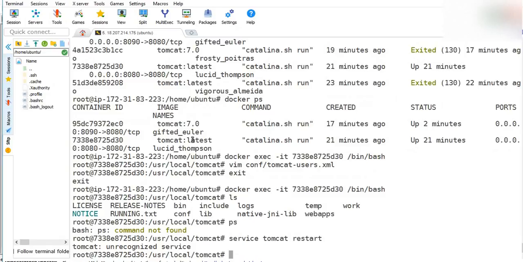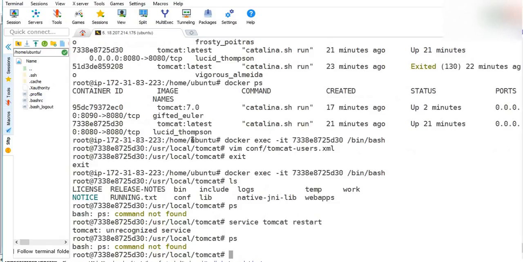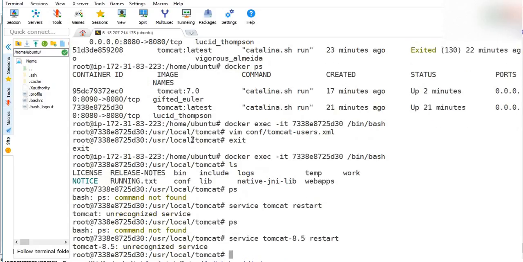There is a way to get it. There's a command to see what this is. So okay, ps is not working here. If you know the exact service name, then you can do it using the exact service name. It should mostly be just say 8.5. Latest? Yeah, so latest is the tag of the image, but we don't know what is the service for that. It could be anything. It's Tomcat 8, Tomcat 8.5, or whatever they have given. I don't know.